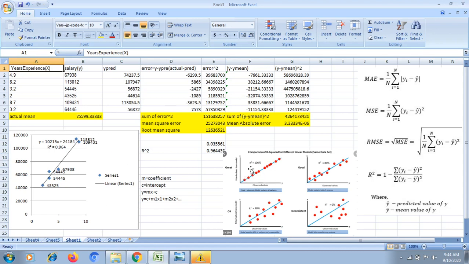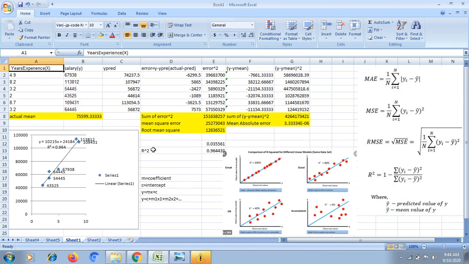If the R square value is 100%, my model is a great model. If the R square value is 80%, it is a good model. For example, if the R square value is 40%, it is an okay model. If the R square value is 0%, my model is inconsistent. We should not apply this linear regression algorithm at all. Based on the R square value, we can tell whether our model is great or best. That's why we calculate these metrics, to identify whether our model is a great model or an inconsistent model.